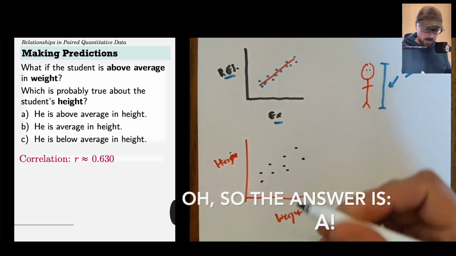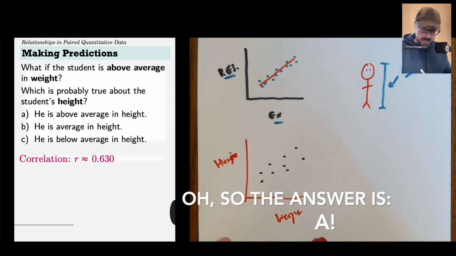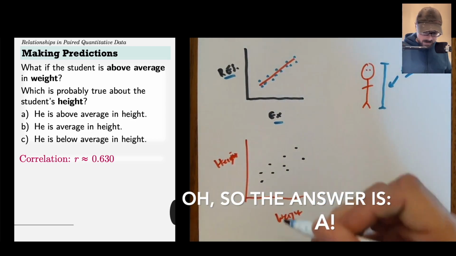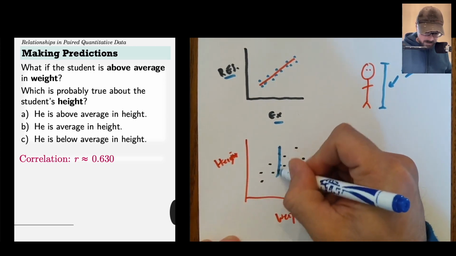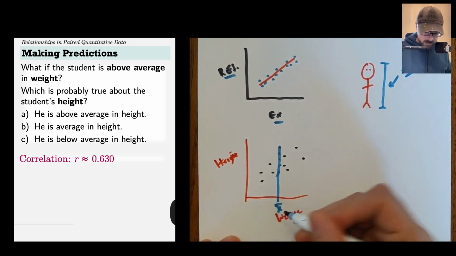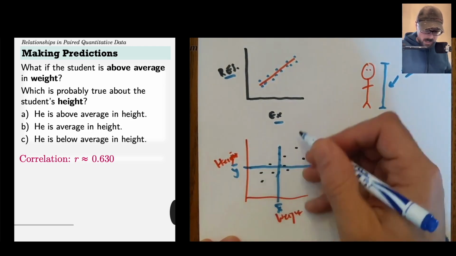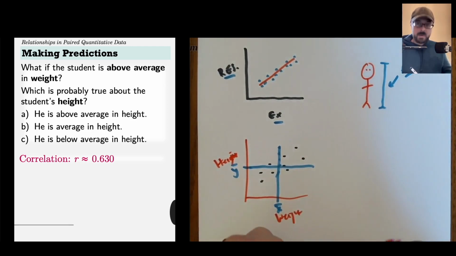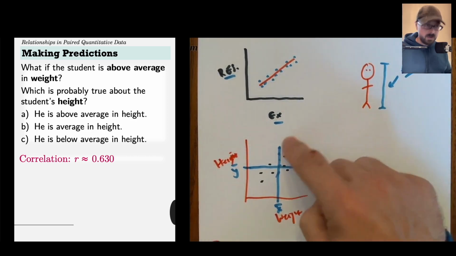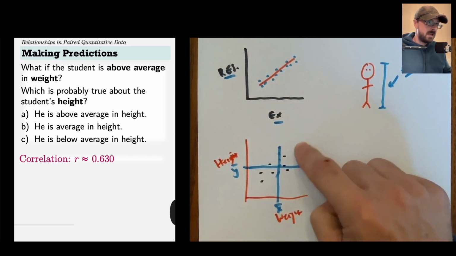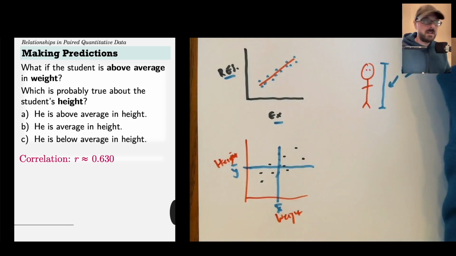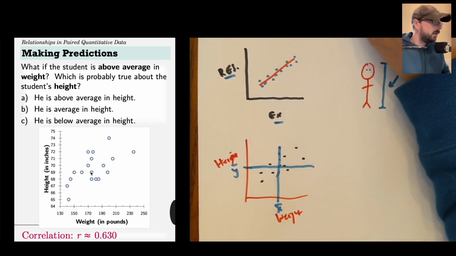Maybe we'll look at a scatter plot, but if it's something like that, then I would guess that if a student is above average in weight, so here's the average weight, this would be X bar, then they would probably be above average in height as well. That would probably be my best guess. If some student is up here, they're probably above average in each. Does that guarantee it? No. And so we could take a look at our scatter plot, and there we go.